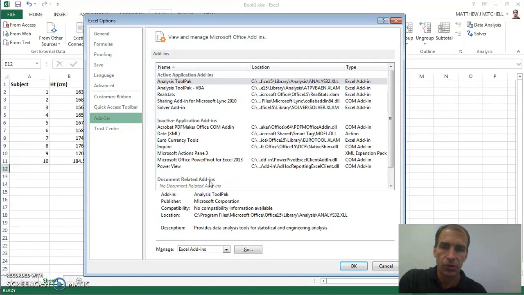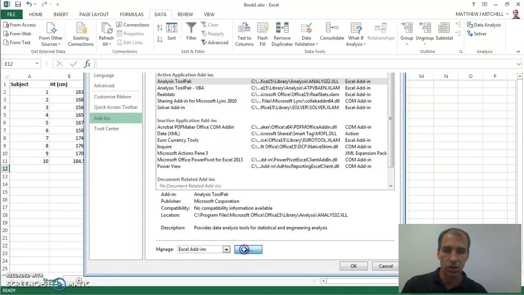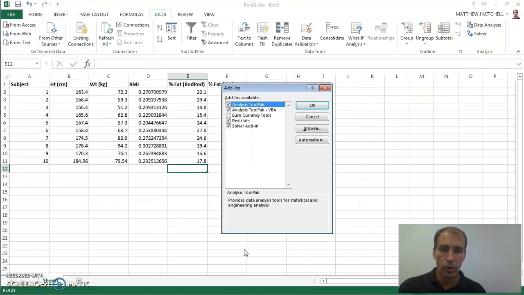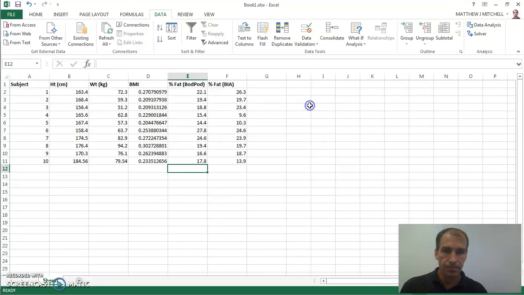They may look a little different on your computer. But one of the add-ins that comes with pretty much all the recent versions of Microsoft Office is called Analysis Toolpak. So if you go down on the screen on the bottom where it says Manage Excel Add-ins, we're going to just hit Go. And here a new window is going to come up. Now you'll notice I already have this installed. So if you just click on Analysis Toolpak, mine is clicked on already,